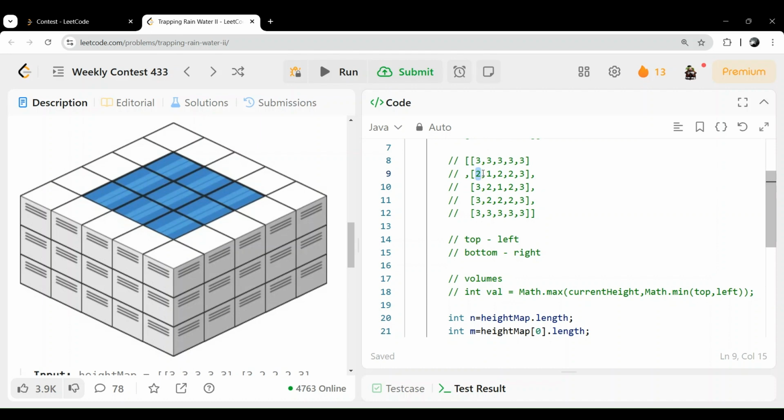In the first case, we are updating anyway, we will update for right and bottom. In this case, 2 and 3, which will be 2. So Math.min of top and left. And why Math.max? Because this 2 and this 1, the volume will be this 2 only, right? Volume will be this 2, and of course let's say here our height is 3, then volume will be 3,